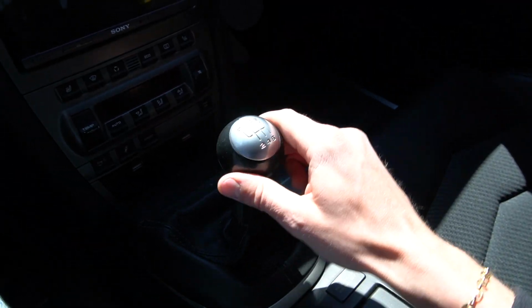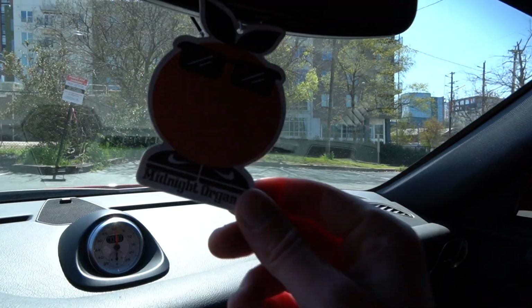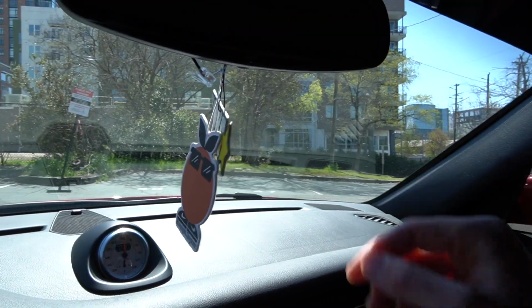Stock shift knob, I'd love to upgrade to like an Alcantara BFI knob in the future, maybe a different wheel. Beautiful Alcantara or suede headliner. You already know, Midnight Organic Orange Flavor Flav air freshener, and then shout out Max for the Psycho Fang air